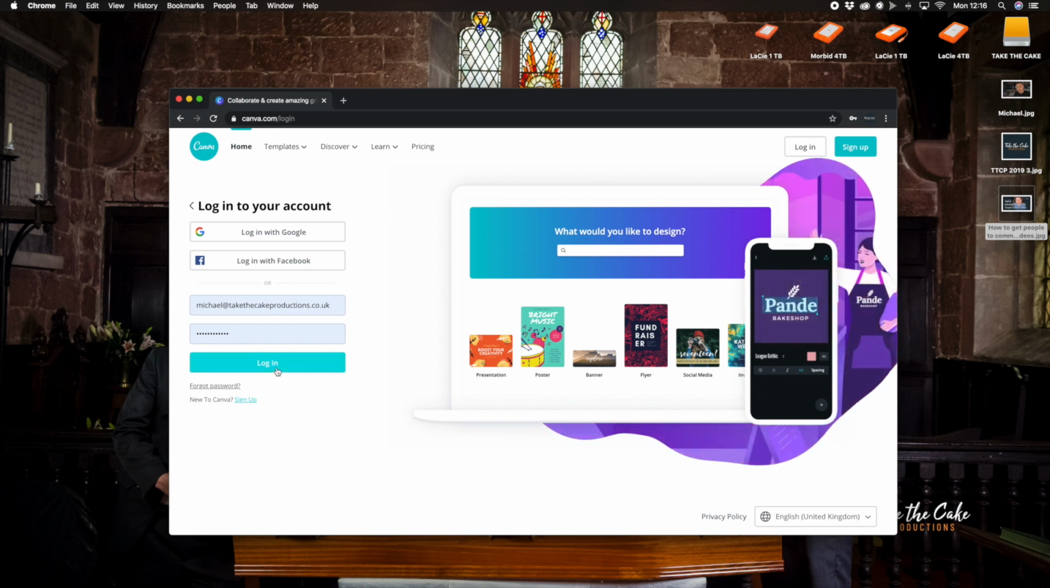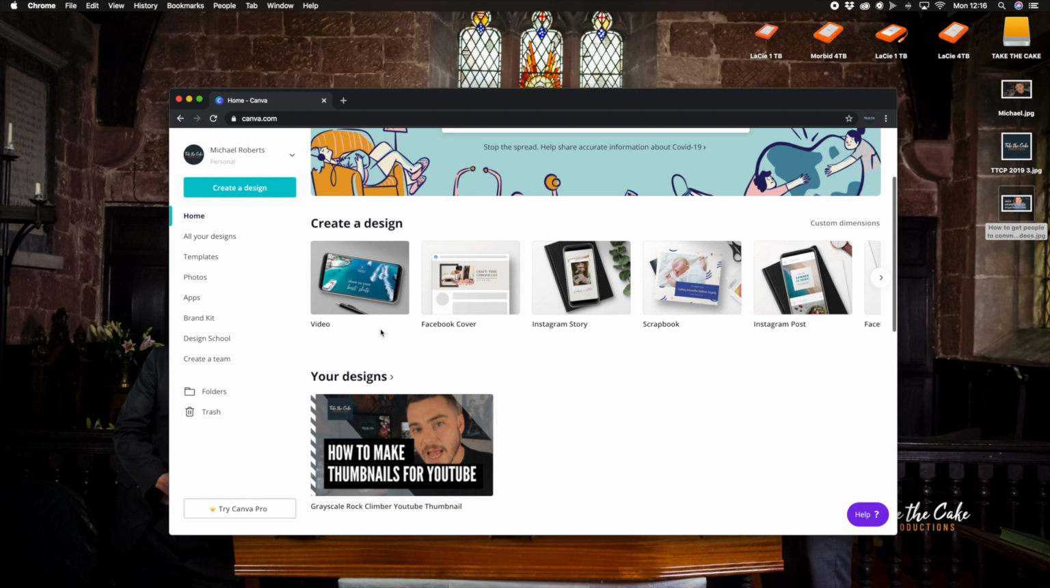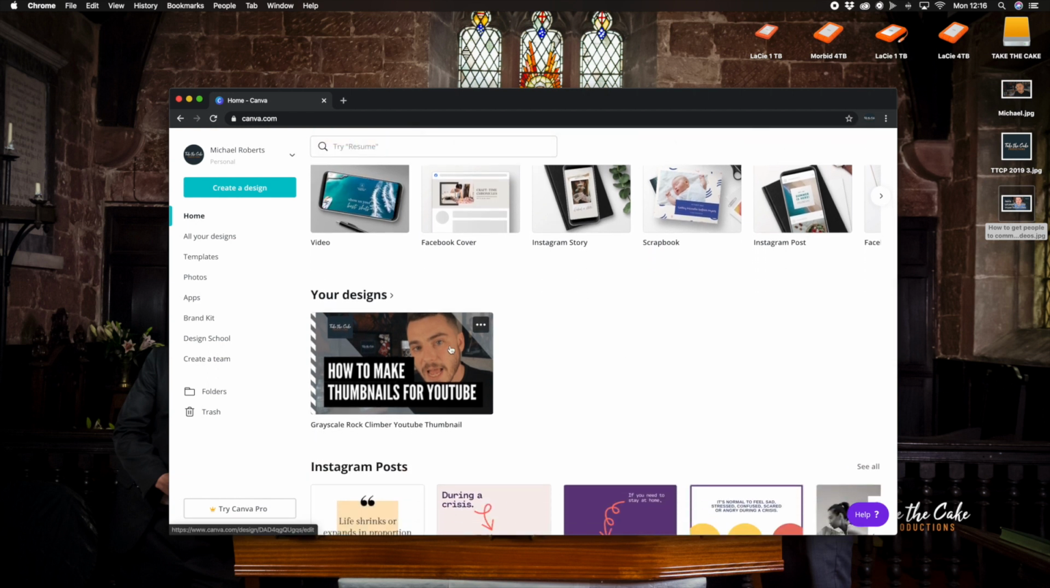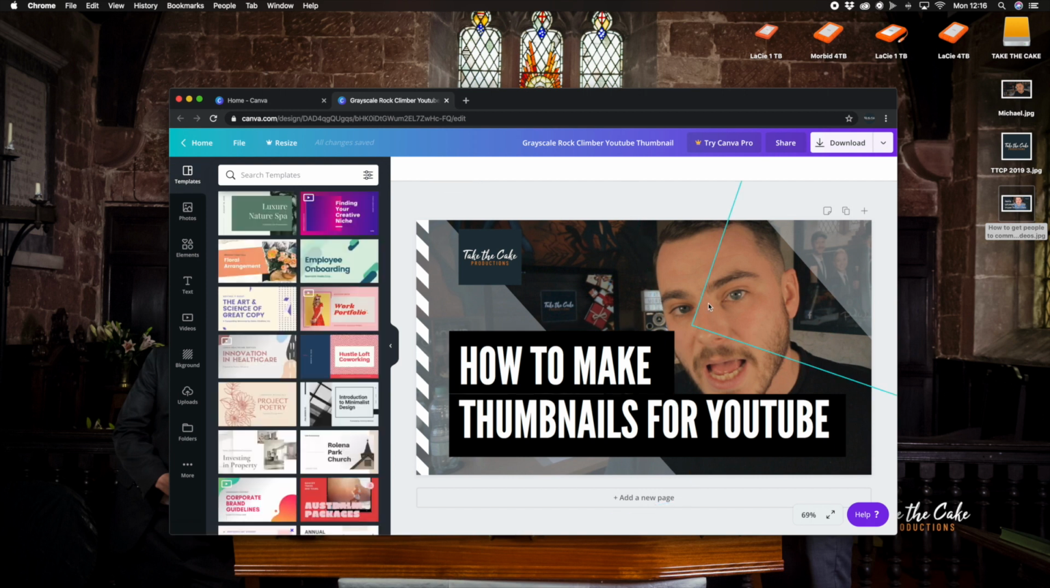So what we're going to do is log into Canva, and make an account if you haven't got one. And here we are, this is the interface that Canva has, and today we are looking at creating something that looks roughly like this. I made this quickly this morning just to show you roughly what our video thumbnail is going to look like. So let's go back to the home page,